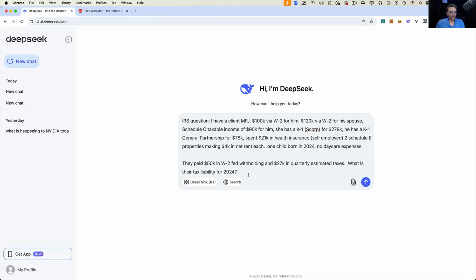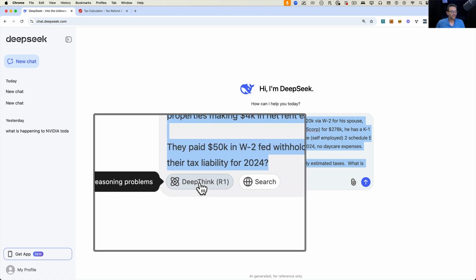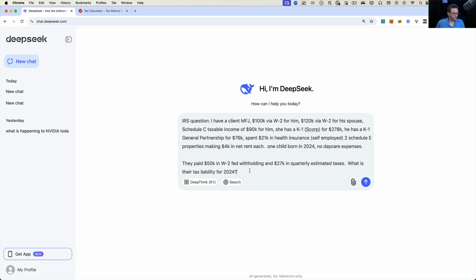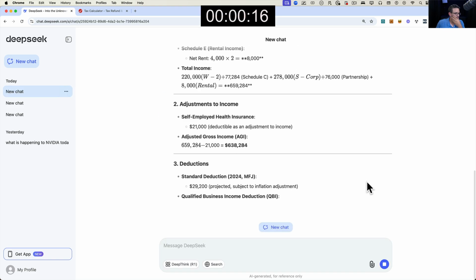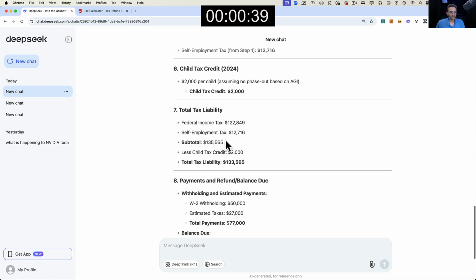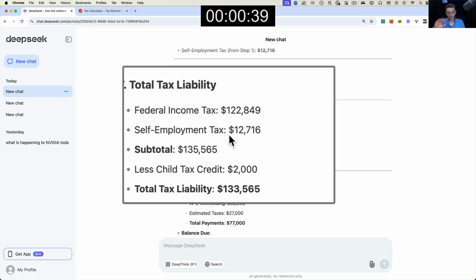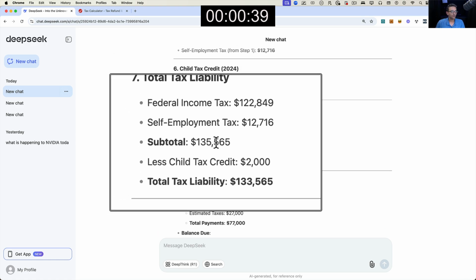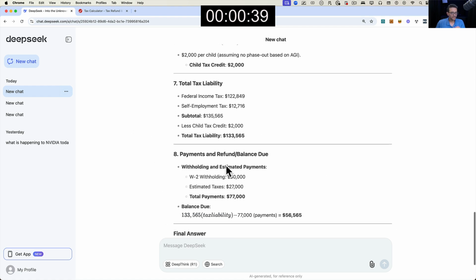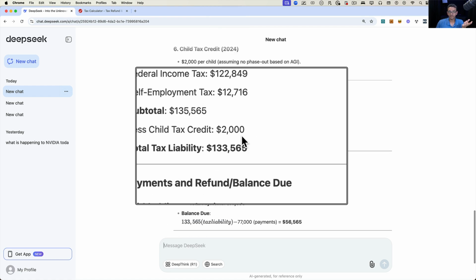For the sake of fairness, we're going to ask the same question, but not click on this Deepthink R1 option. That way it goes a little bit quicker, and then we can see what the results are. Interestingly enough, it was a little bit faster, but it did come up with a whole different number, right? So 135,000 now, which, obviously minus the 77,000, but it's kind of way off.